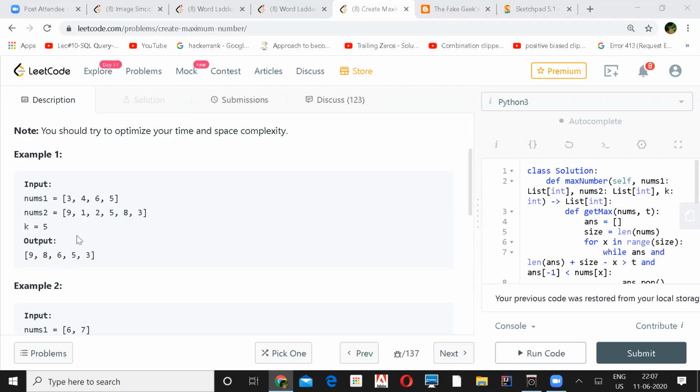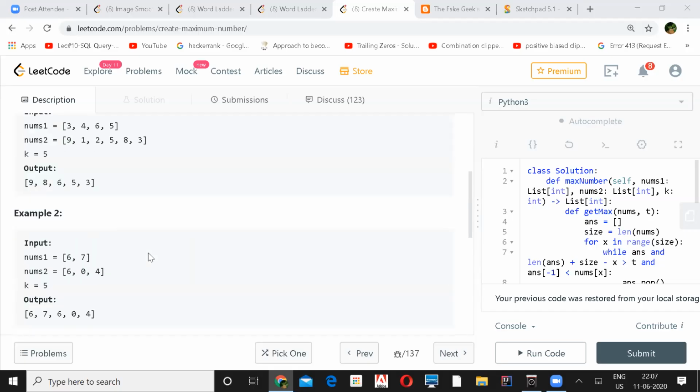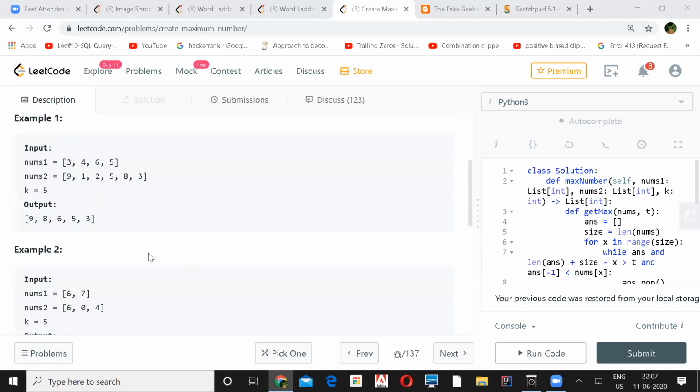That's like a merge sort, right? And I can't sort, because if I sort, the relative order will be lost. So intuition is very difficult.